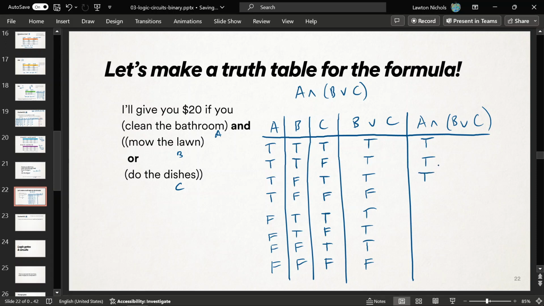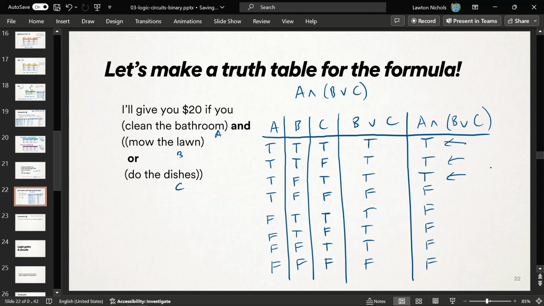So these are all ways for us to get $20, right? And then finally, we got true ANDed with false. Oh no, so one of those is false. So we got false, sadly. And then over here, A ANDed with B or C. A is false in all of these, so it's going to force everybody to be false. Okay, for those last 4: false, false, false, false. So these are the 3 combinations of ways for us to make $20, and now we